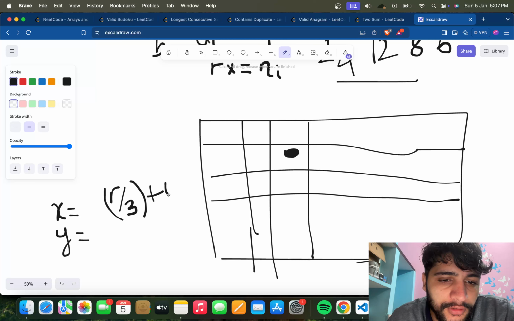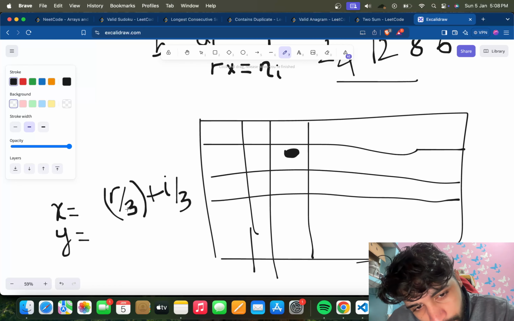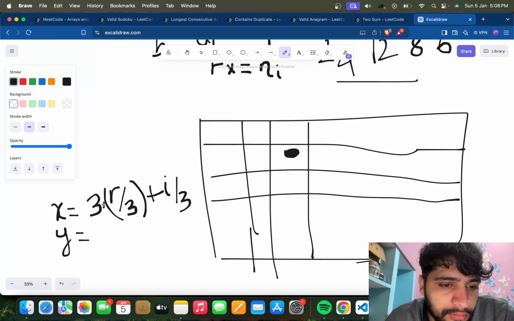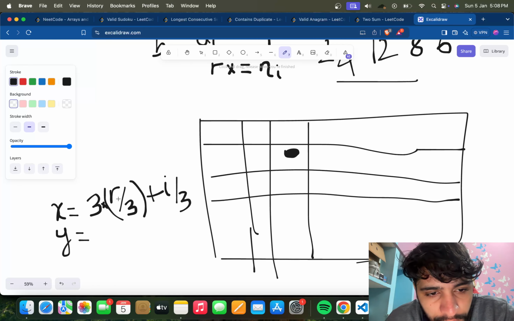Does it form something? If row R is 9, 9 by 3 is 3, plus I is 0. So if I multiply it by 3, and so if it is 9,